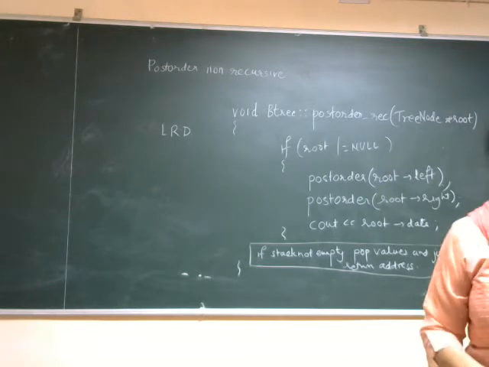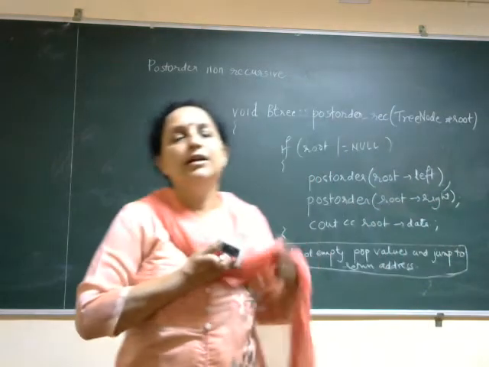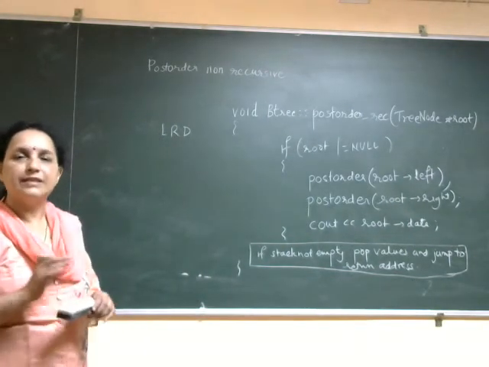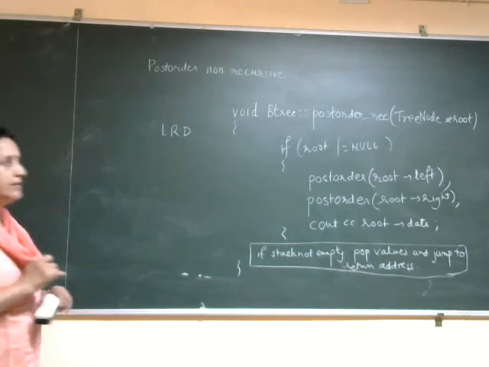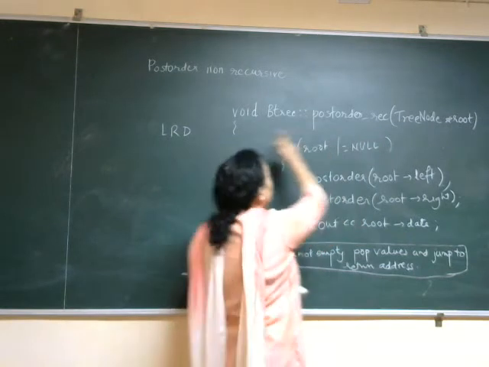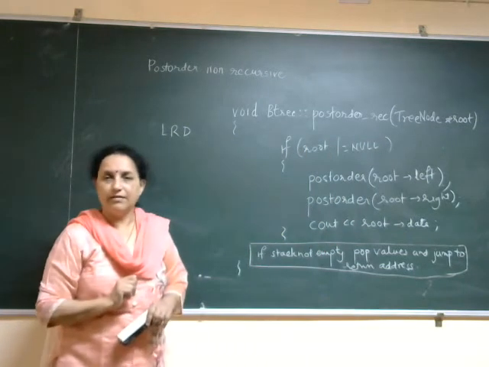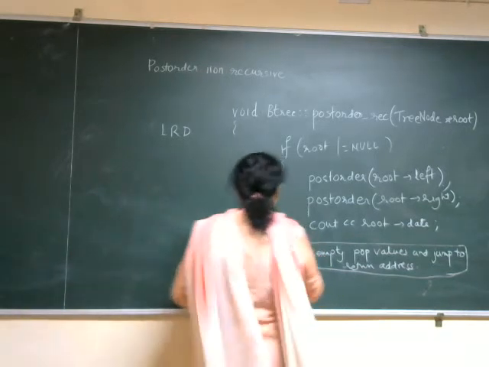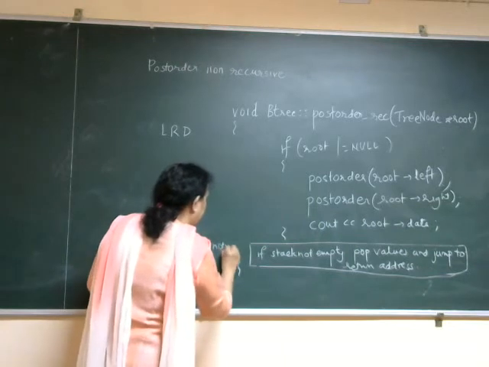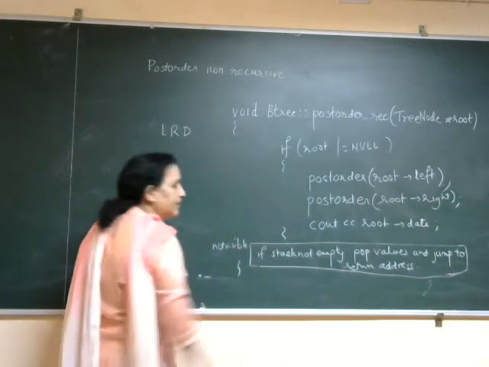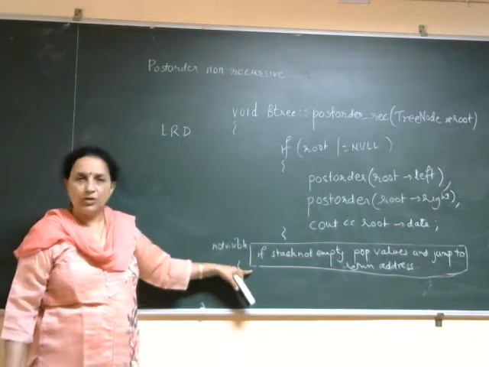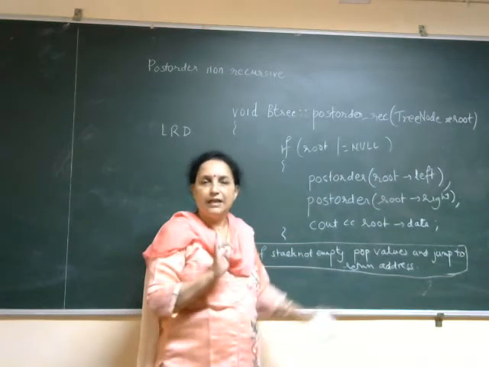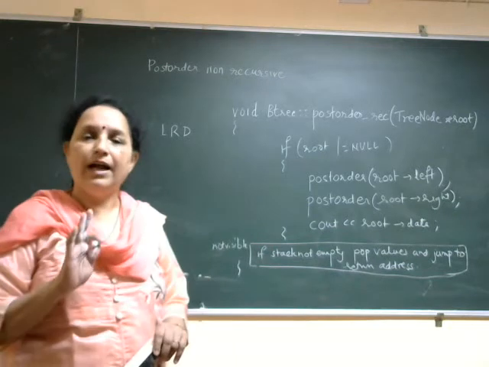So when we write any function, we are using an internal stack, and we are putting all the values inside the stack. Now which values do we put inside the stack? That is parameters, local variables and return address, that we should know. And there is a return statement which is invisible, at the end: if stack not empty, then pop the values and jump to return address.